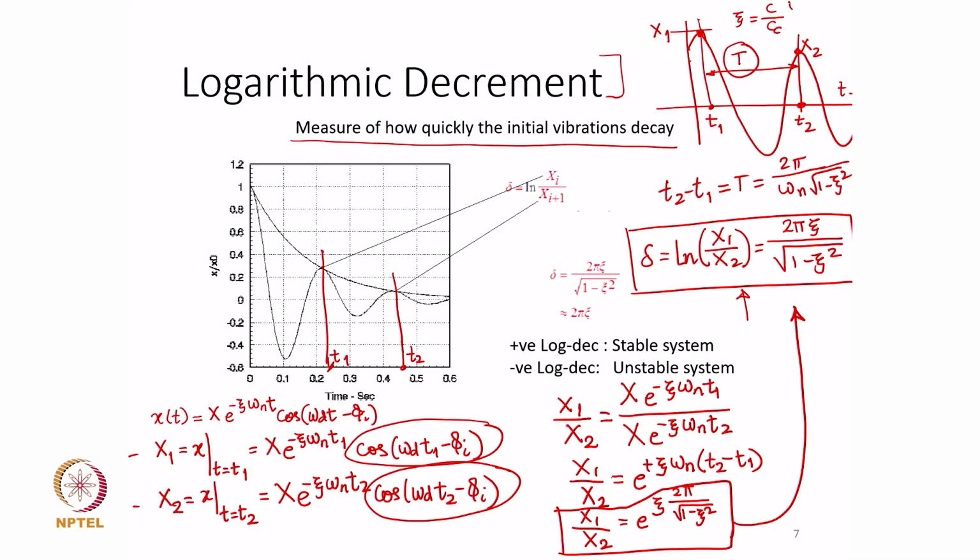If you want to know for your system how much is the damping factor, what will you do? You will need to know your C, you will need to know your K, you will need to know the mass of the system. Now, think of a practical vibratory system,